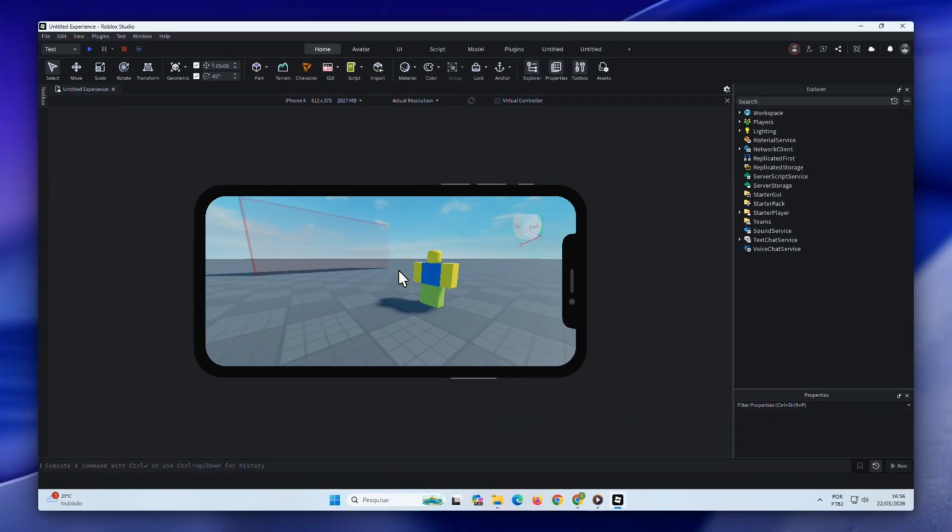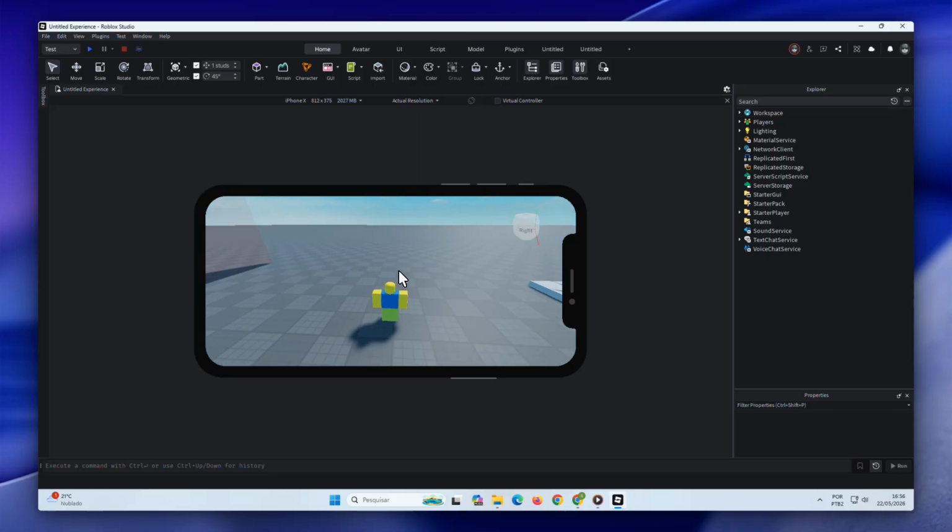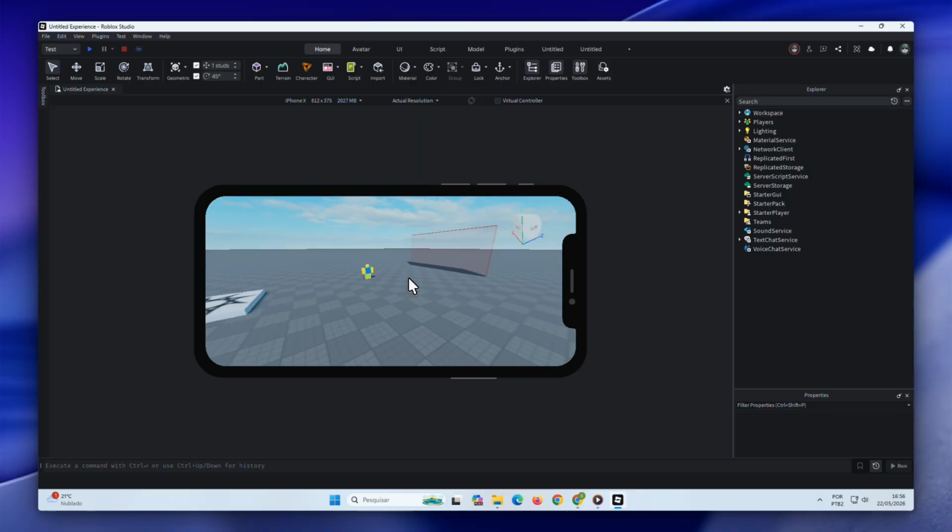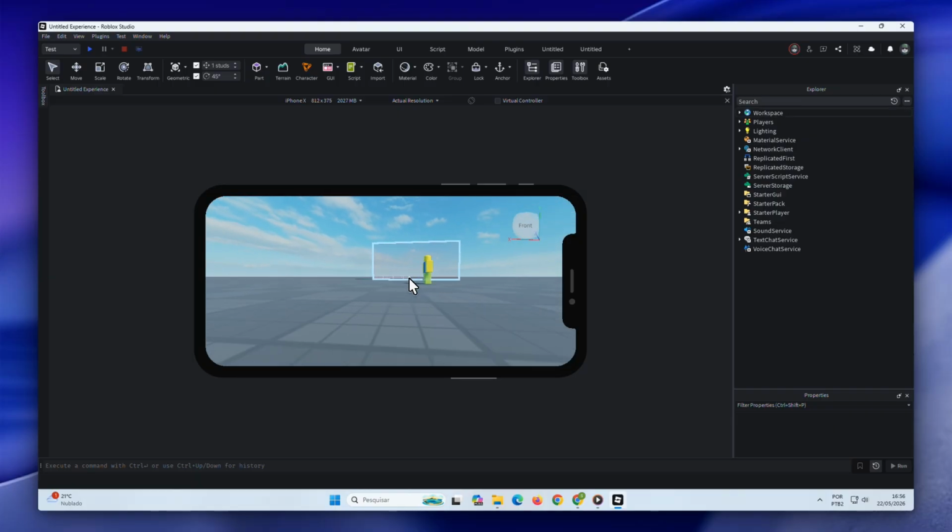You can even interact with the emulator by dragging the screen and testing the controls to make sure everything works correctly. This helps you create a much smoother and more professional